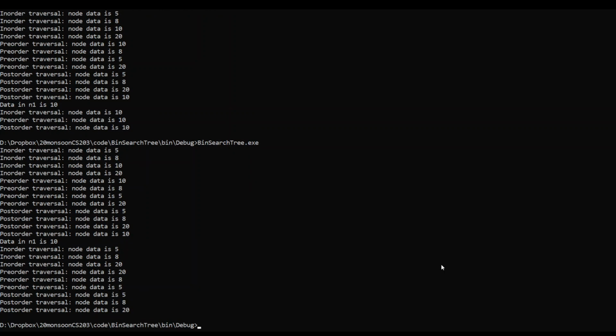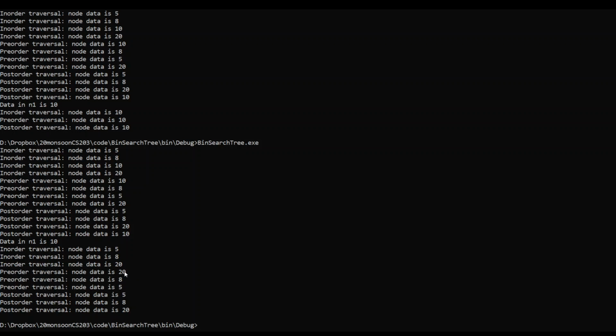And now you can see the difference. Okay, so initially we again created the tree with 4 nodes, 5, 8, 10, 20, and these are the 3 traversals. Then we searched for 10 and then we deleted 10. Okay, and then the remaining tree in-order traversal is 5, 8 and 20, and the pre-order traversal begins with 20, which means that 20 is now the root of my tree.